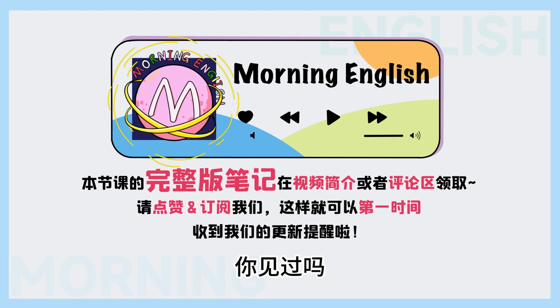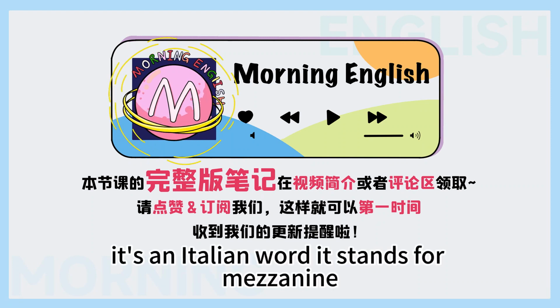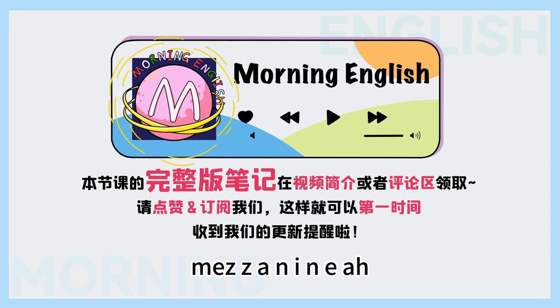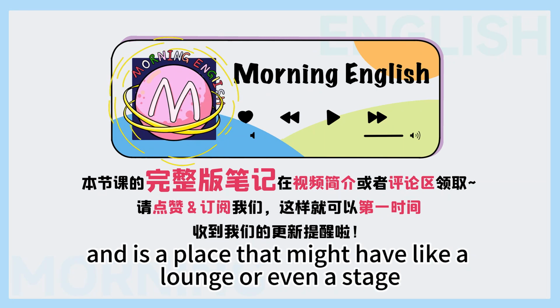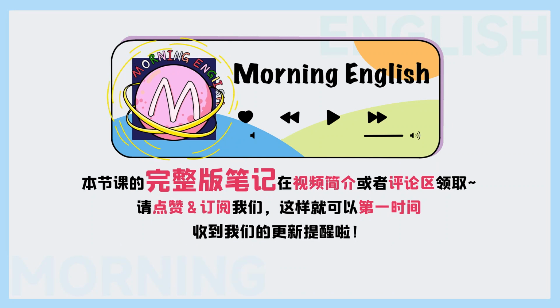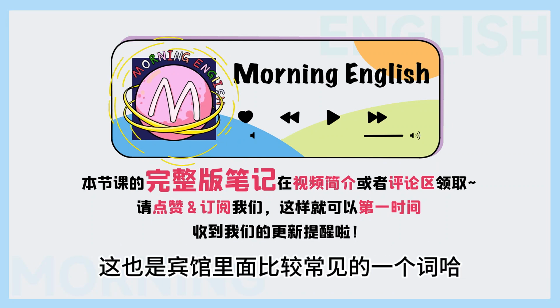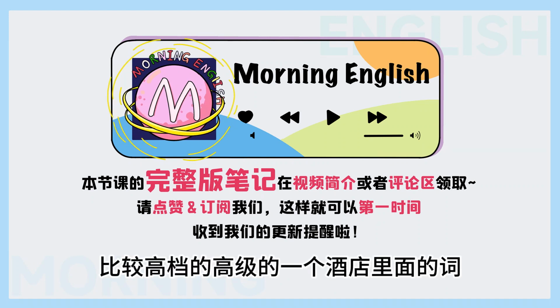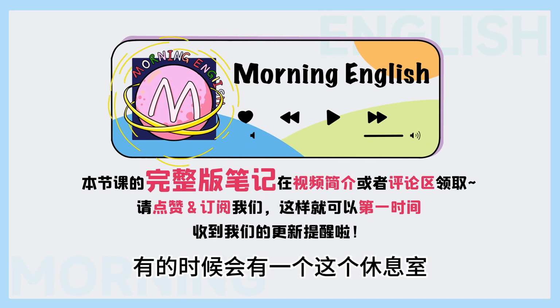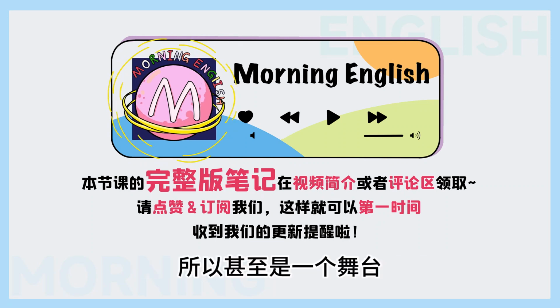我还看过一个就是 M 层，你见过吗？那 M 层是什么意思？ Actually, it's an Italian word. It stands for mezzanine. Mezzanine. How do you spell it? M-E-Z-Z-A-N-I-N-E. Mezzanine, right? Correct. The M floor is usually above the ground floor and is a place that might have a lounge or even a stage. This is usually the case for hotels. 这也是宾馆里面比较常见的一个词哈。 Like a fancy hotel. 比较高档的酒店里面的词，所以它在基层楼上有的时候会有一个休息室，甚至是一个舞台，就是 mezzanine。